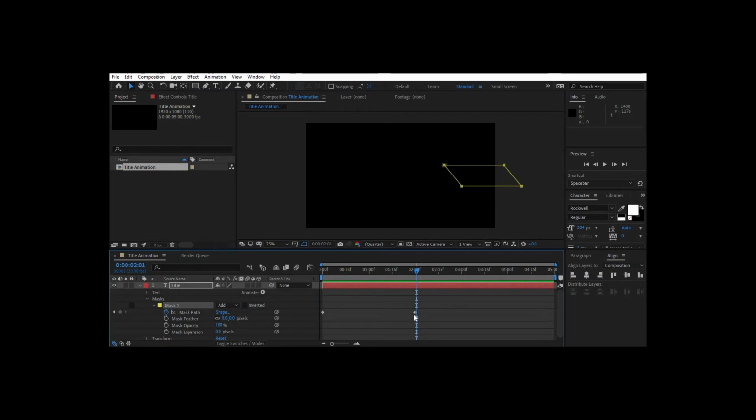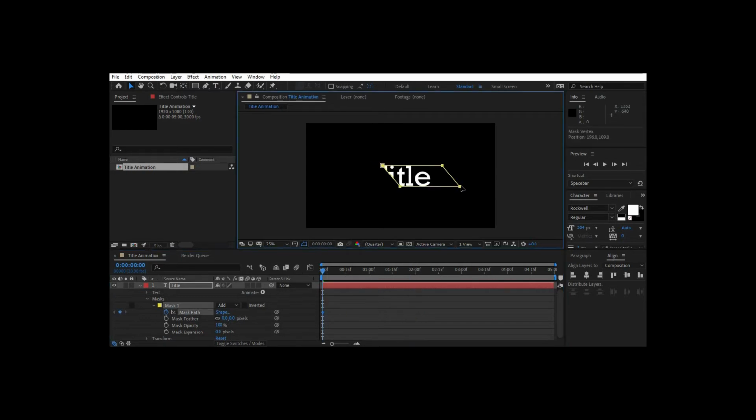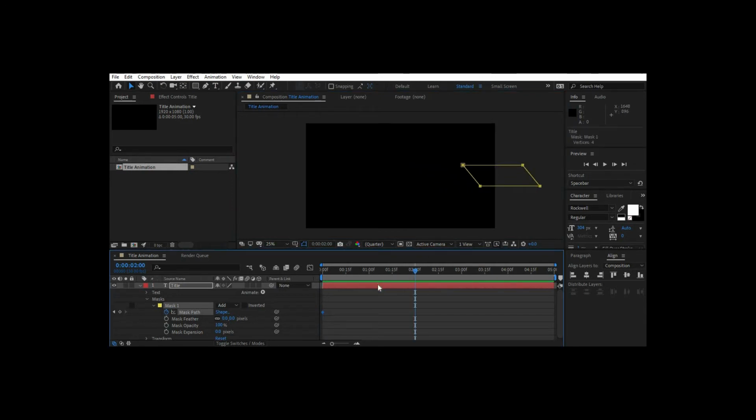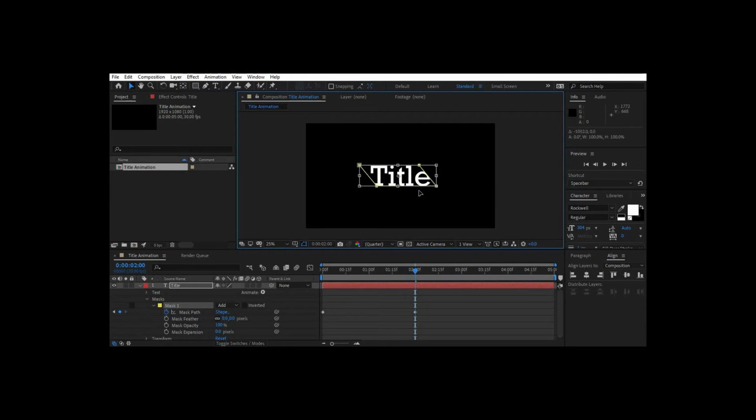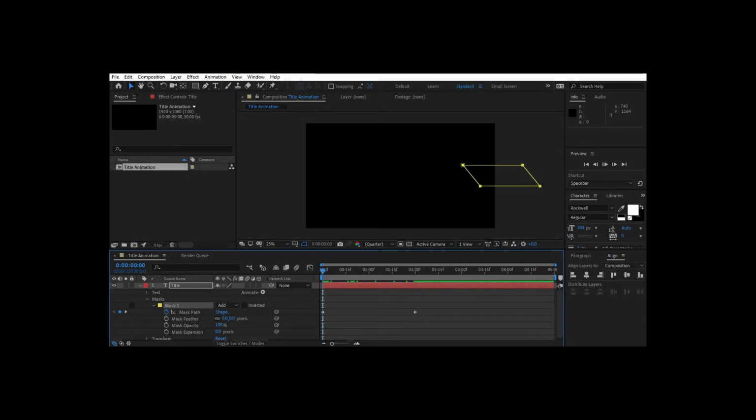So what we'll have to do is go back to this section, move this first keyframe, and move the shape to probably right, and then go to the second, and then bring it back to the particular area where you have this text. Can you see this? Now it's moving properly. Now if you see, this is coming and masking this thing. Now one more thing to do, this is what we want. It will mask it properly.